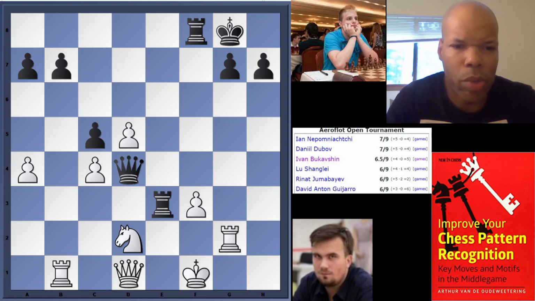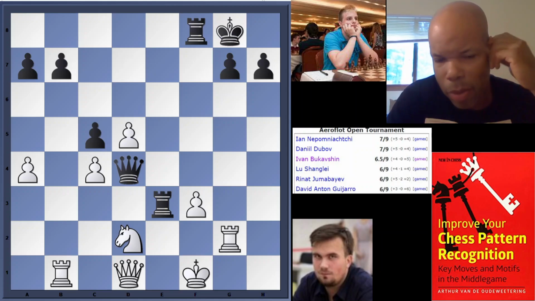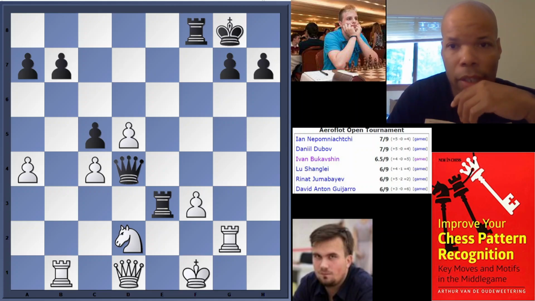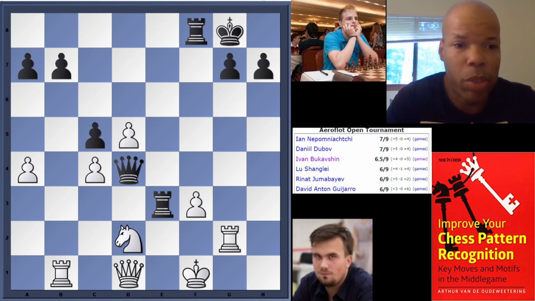And I'm sure the play was very accurate in this game, like from both sides. I know they're strong grandmasters, but wow. I mean, it's almost like two engines were playing each other, and then Rapport slipped up and maybe forgot something. Because I think most players would have folded under Black's attack here. But Bukavshin was a very talented young grandmaster, and it's unfortunate that he's no longer with us. But I just wanted to show that game because I just felt it was a very, very entertaining and interesting game,